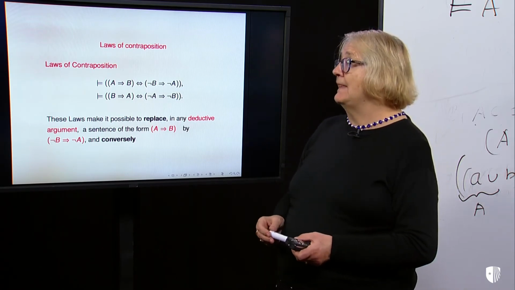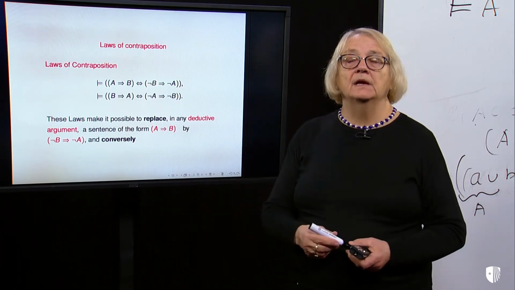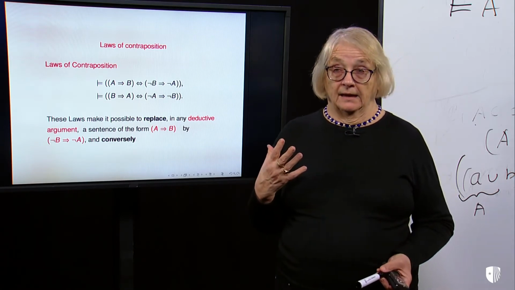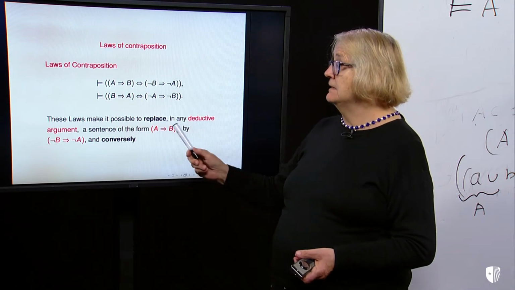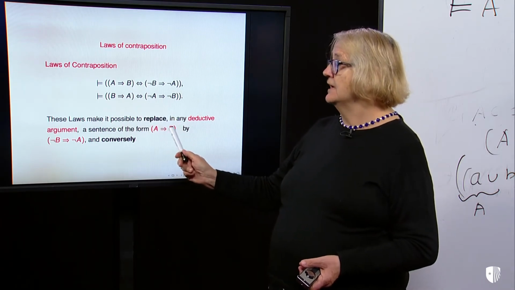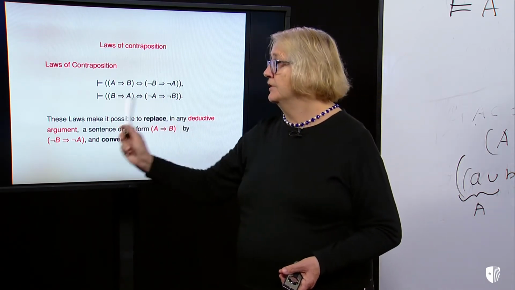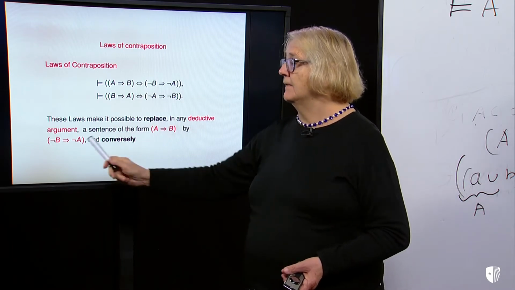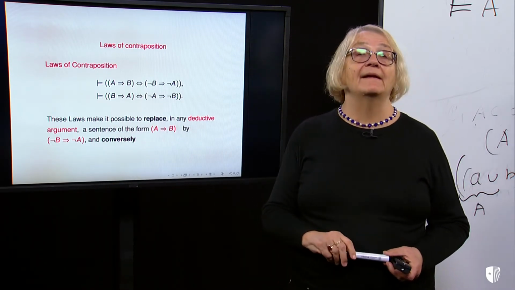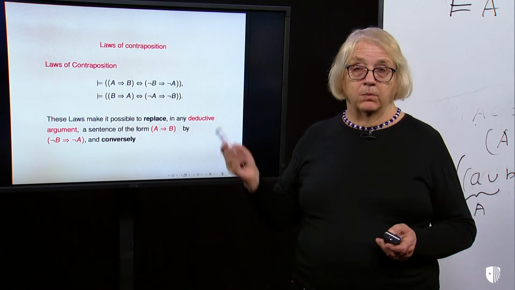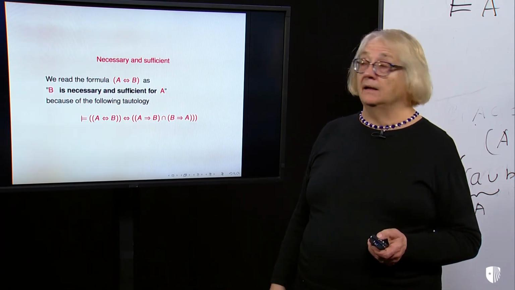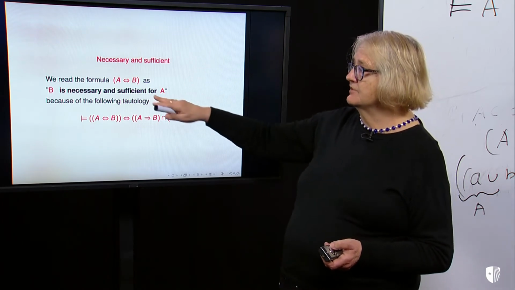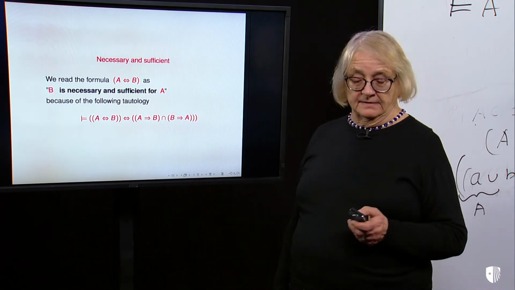So it means that they are very important because in a deductive argument, if I want to prove this, you can be proving not B implies not A because they are equivalent. So they are important laws of contraposition, and also the same necessary and sufficient for if and only if,